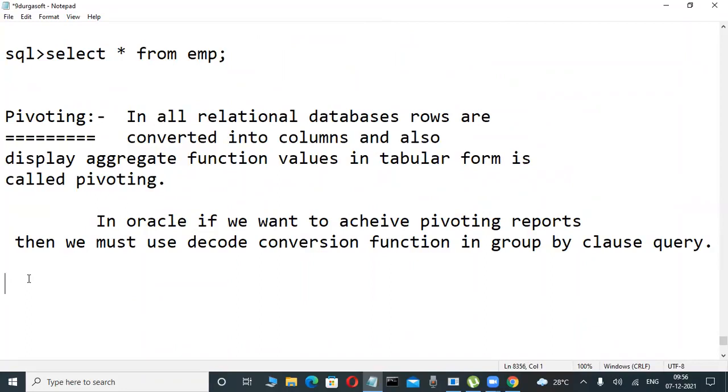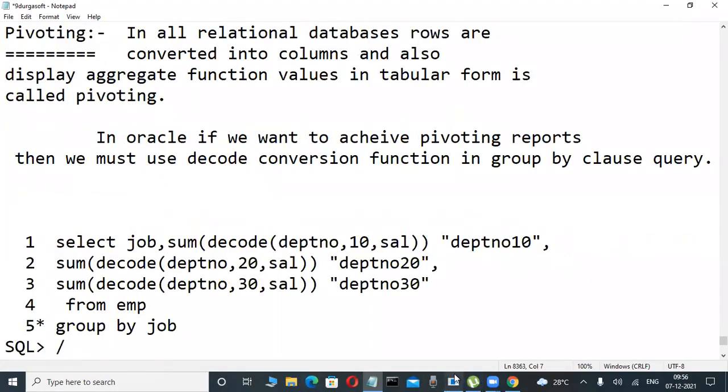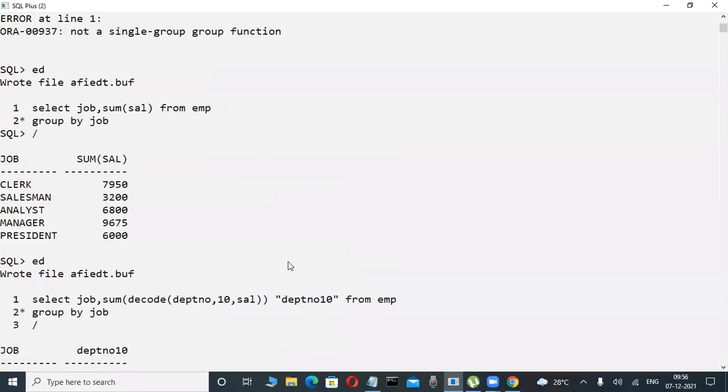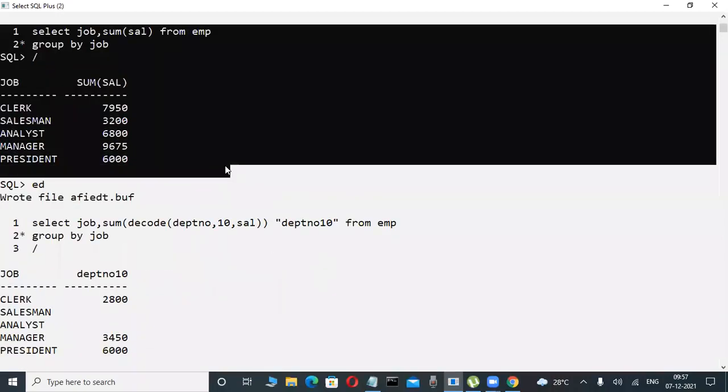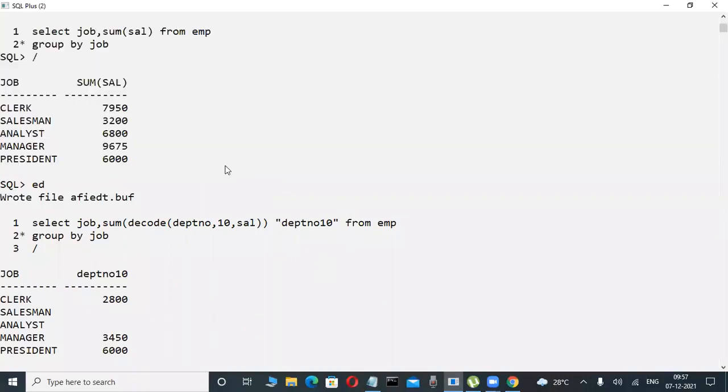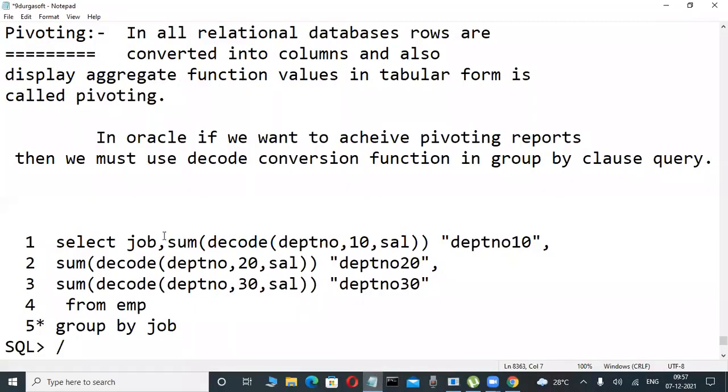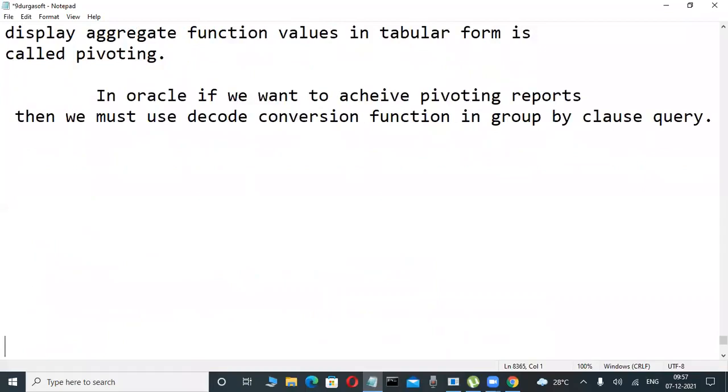First write this one. First we write a normal query, and through that we write the outputs. Suppose this is your normal query. This one we are converting into a pivoting report. That's better, otherwise confusing. Now write the example, the normal query.